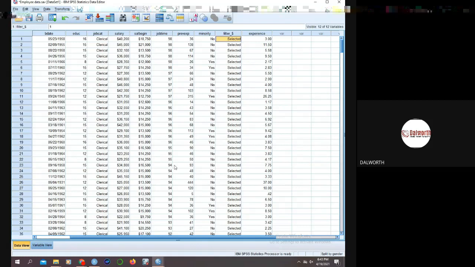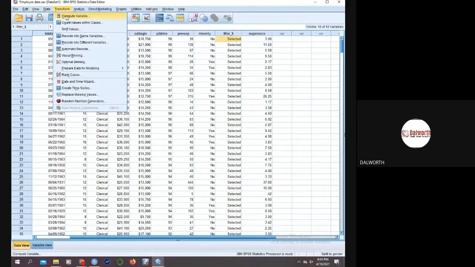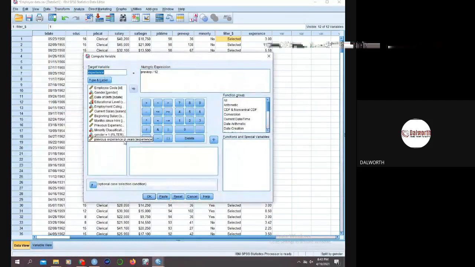And the result that I'm about to get now will be somebody's salary in 5 months. That is still the concept of compute. Maybe we try it so that we see. If I want to get somebody's salary in 5 months' time, I'll say transform, compute, and I can say salary